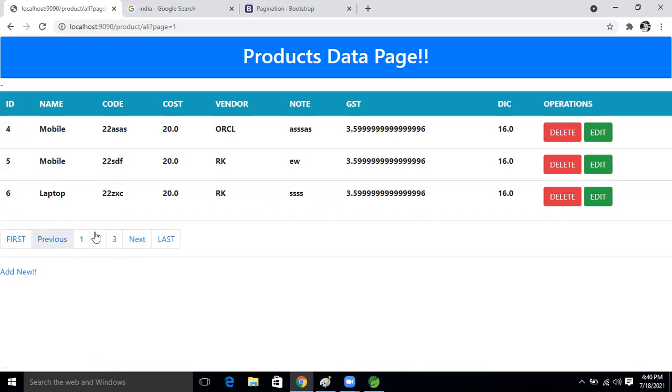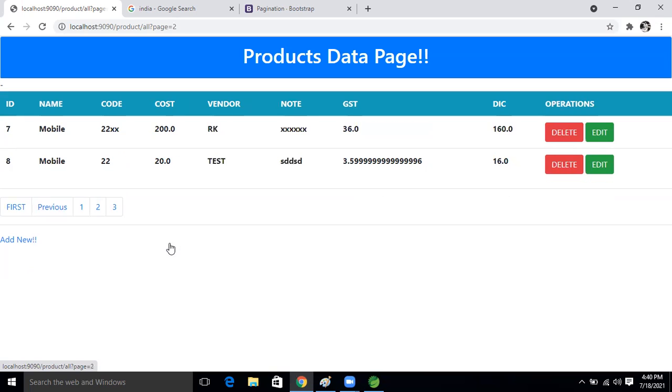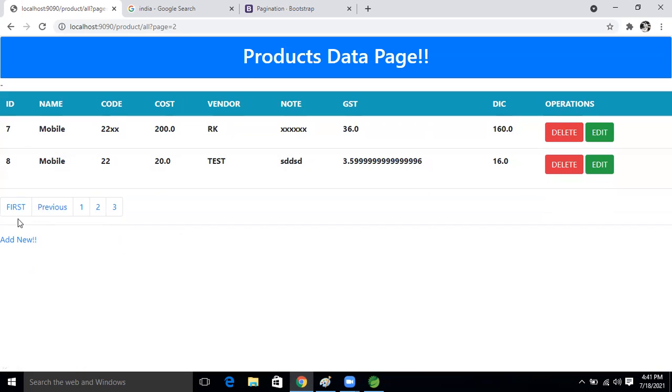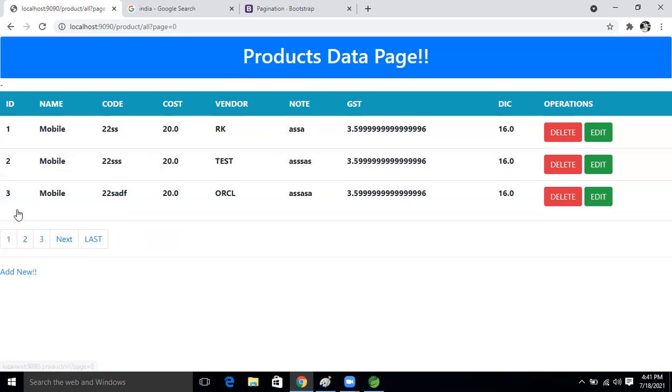Now, if you want to go to second, we are there in the second page. We can go to previous also, we can go to next also. But I want to jump directly to the last. If we click on that 7, 8 record, we are jumping. If we are there in the last page and click on the previous, we come to the second page, 4, 5, 6. But from the third I want to come directly to the first page. Now, if we click on that 1, 2, 3, see, the first page came.